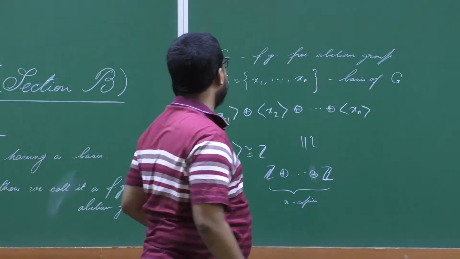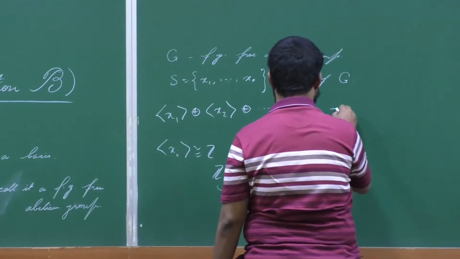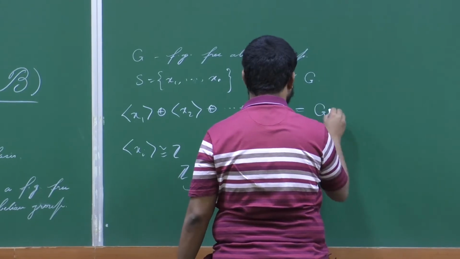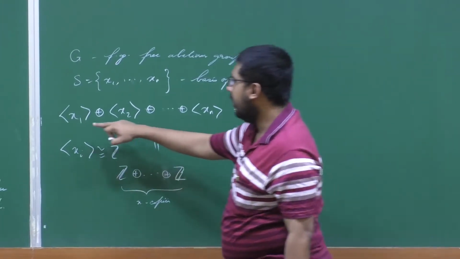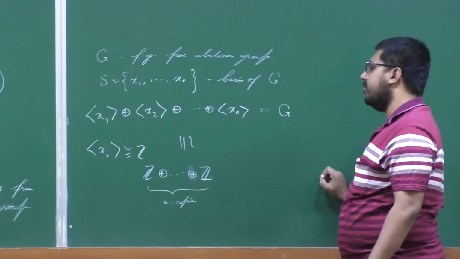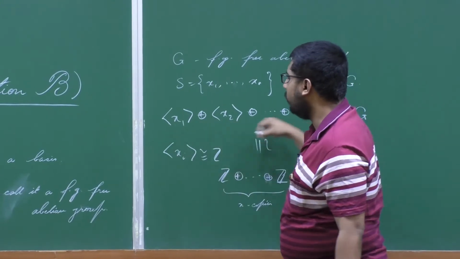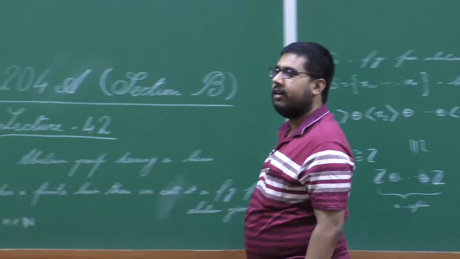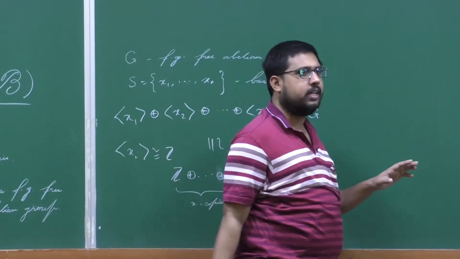Now since x1, ..., xn is a basis of G, it is easy to see that this sum will be equal to G. Why? Because every element of G can be written as a sum of elements from these subgroups, and furthermore, to show the uniqueness,